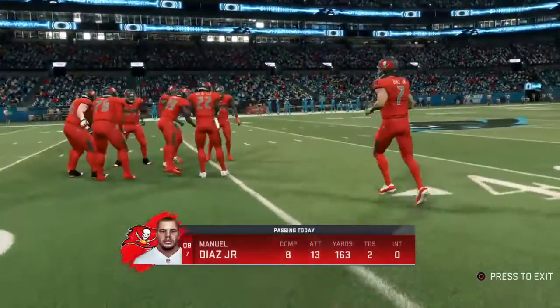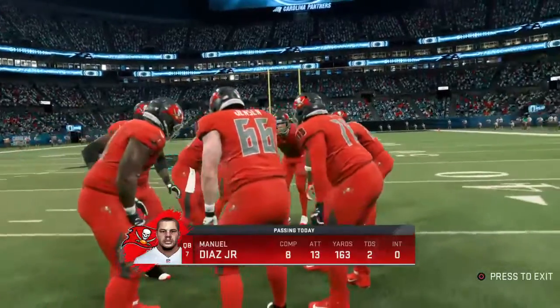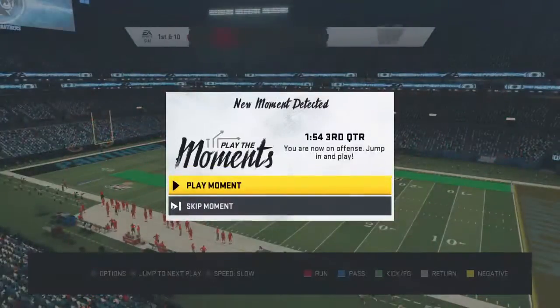Here comes the Tampa Bay offense now heading back out onto the field. And now you've got the clock winding down here in the third quarter. Your 3 scores to the...